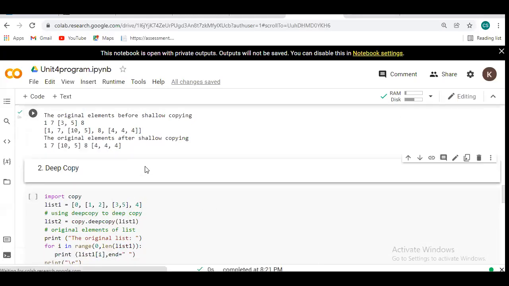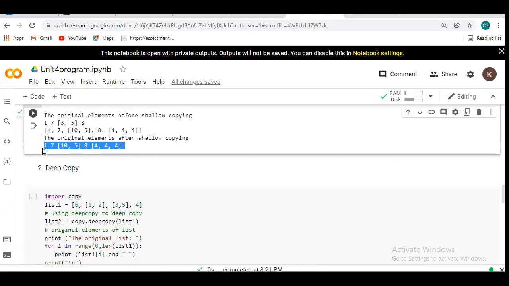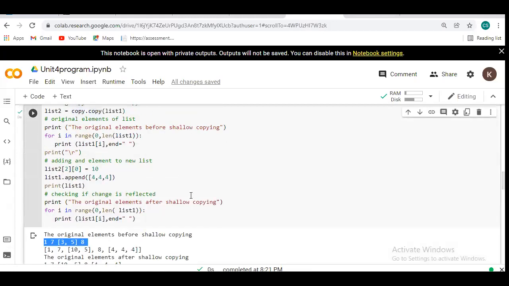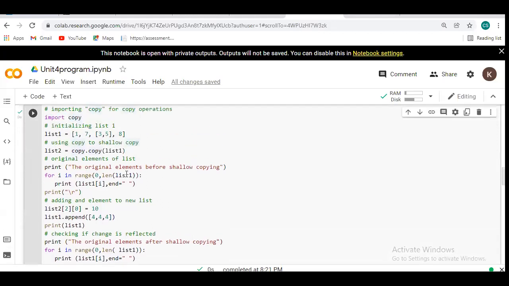After performing the shallow operation in memory, this value will be stored, because at first my list will be like this, and after performing some operation on my list, or performing the shallow operation, my list will be like this. So this object will be stored and occupy two memory locations. One is for storing this, which we call a reference, and this will be our original object. Okay, so any doubt regarding this shallow operation?